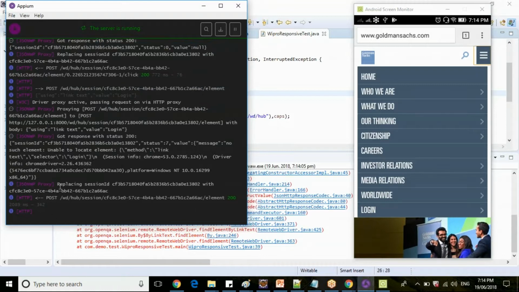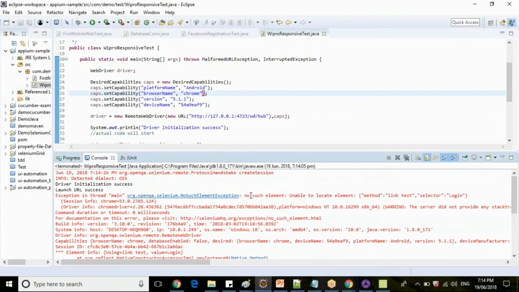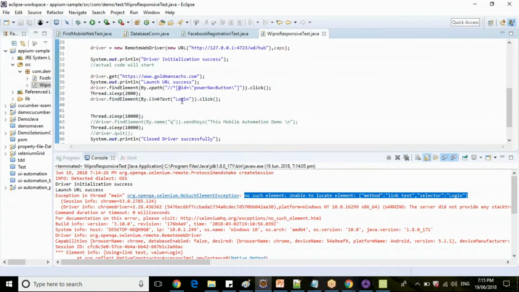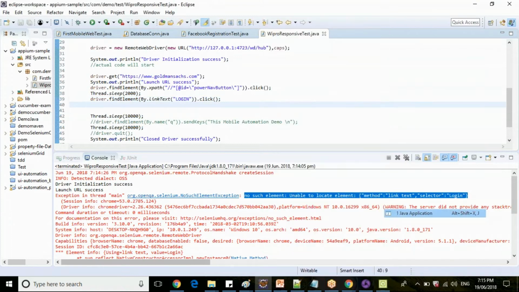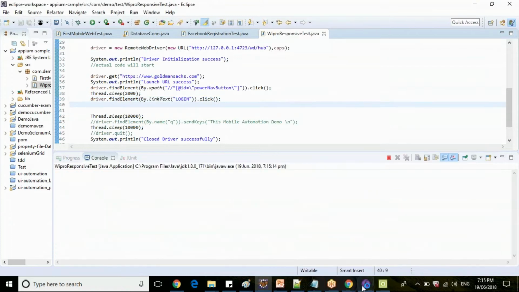Suppose the script fails here. Now it can check: the selector login is not available. Got response 200 means go and read your error in Java. No such element located by link text login. So let's provide capital letter Login, because here we are able to see capital letters, right? We execute the script.